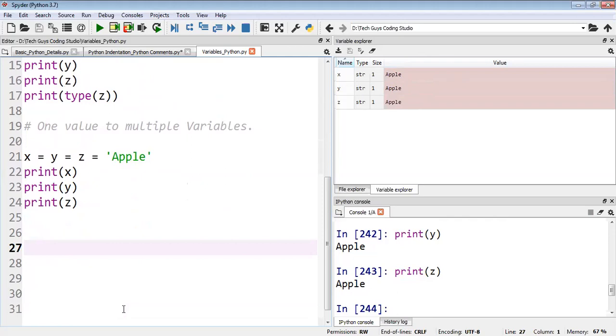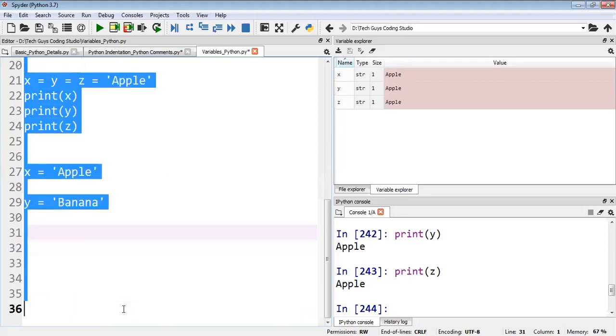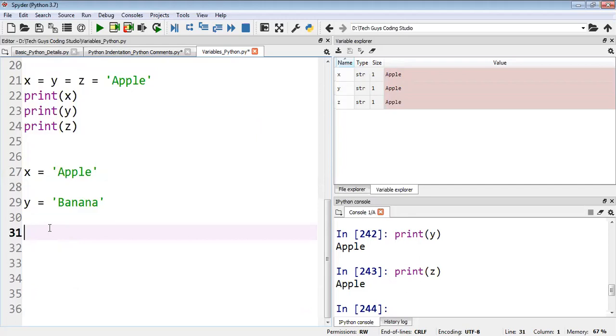One more thing I would like to add. For example, I have one variable, x, and I have y is equal to banana. Okay, banana we have. I want to add z is equal to x plus y.